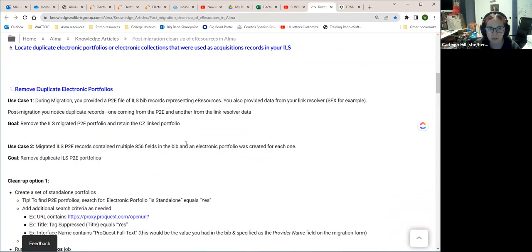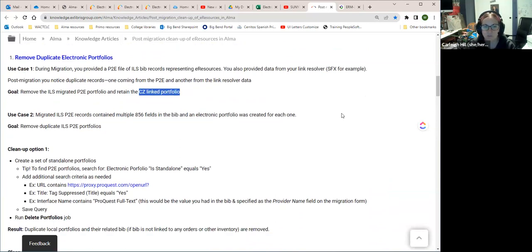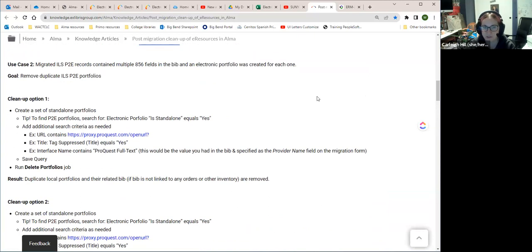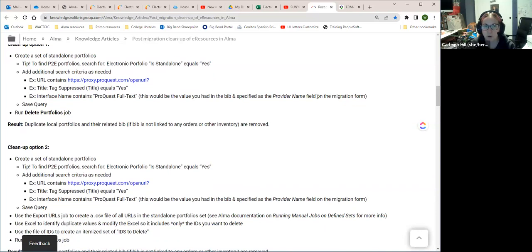I think, yeah, so like they got duplicated, and you've got one that's coming from your migration, and then another that's coming from the CZ linked portfolio. Or they had multiple, they were duplicated when it migrated because of 856 fields. So both cleanup options